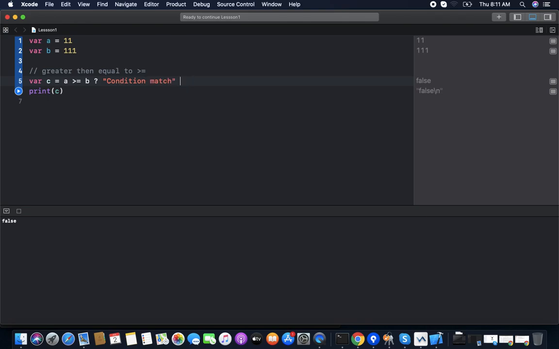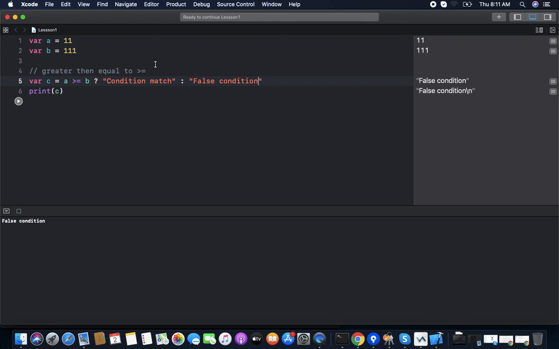If it is not true, then we want false condition. Now we return this. So a is not greater than or equal to b, so it returns false condition.